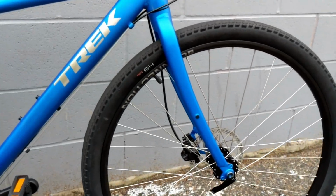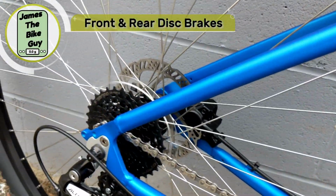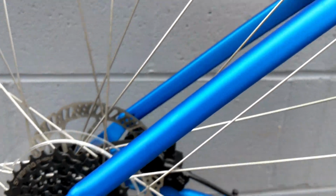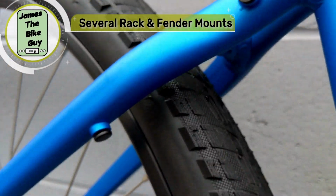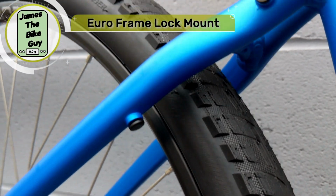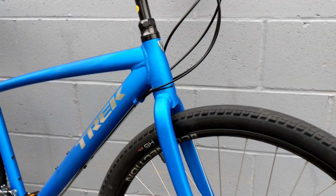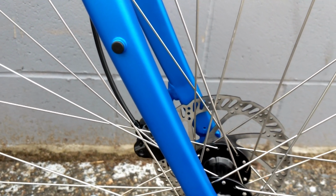This used to be just rim brakes, but it's going to have disc both on the front as well as the rear of the bike. And then the frame is also going to be set up with all sorts of rack mounts, so the rear can carry racks or fenders. And what's really nice is it's also got a spot to be able to run a rear wheel lock. So that's a nice feature if you're going to commute, or if you just want a nice lock that's always on the bike. Now on the front, it's also going to be set up with fender mounts as well as